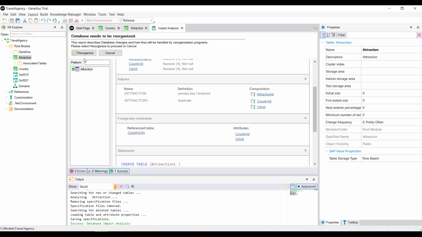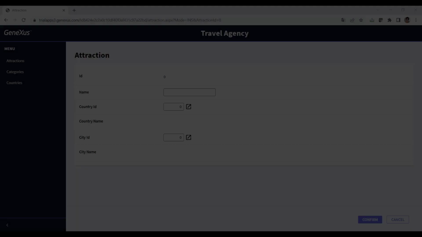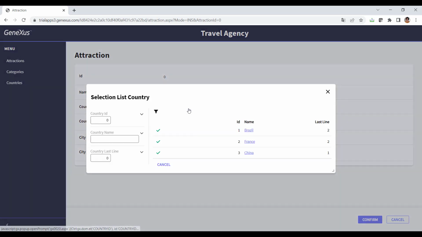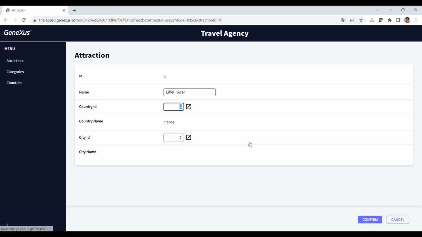Let's reorganize. And we enter a tourist attraction. For example, we enter the Eiffel Tower. And select the country France, but we don't enter a city ID, and the corresponding error message is displayed.